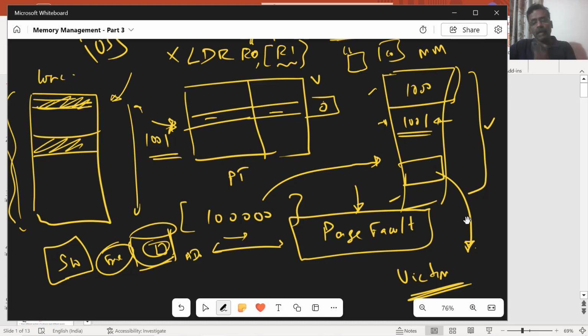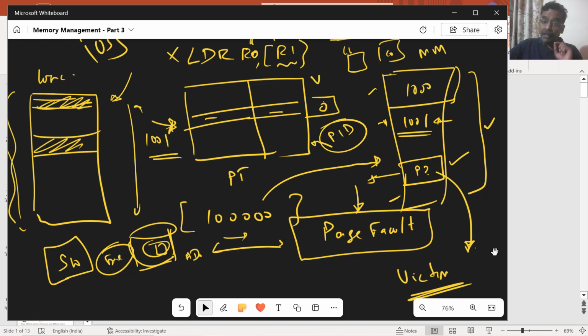Okay, so that page is picked up and you need to make sure which process this page belongs to. As I told you, the page tables are maintained process-wise, and the process ID is associated with the page table, and it will be known to the OS. It maintains the page table entries per process in its own data structure, and it also knows which frame is being picked up and to which page table this frame is mapped. It could belong to any process, and then it goes into that process area,